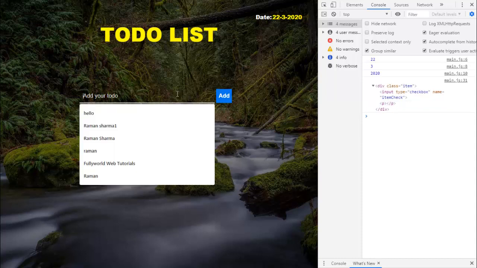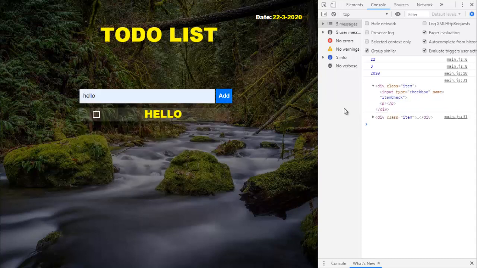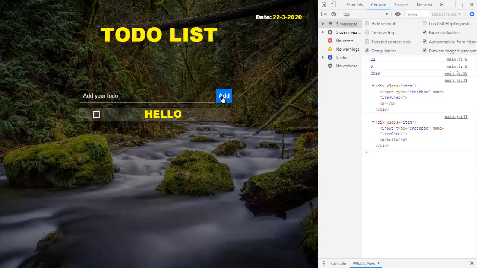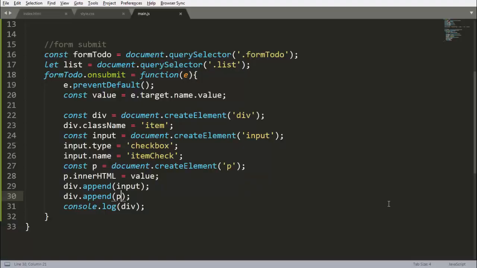When I type hello here and click on add, in the p tag we are getting hello. When I type nothing and click on add here, we are not getting anything in p. So what is the solution? The solution is to apply validations.